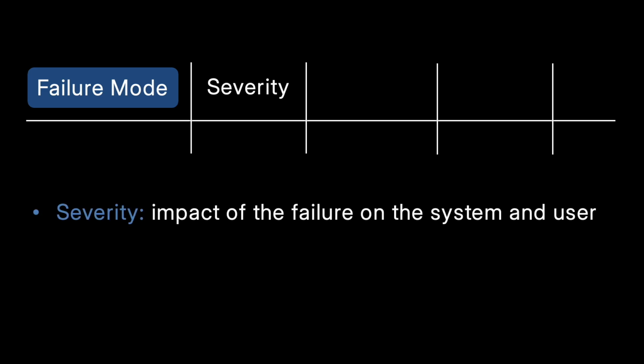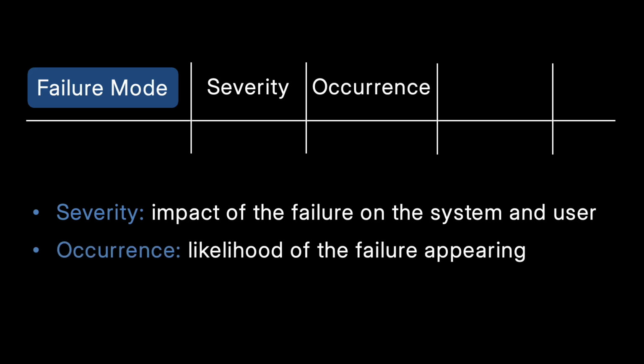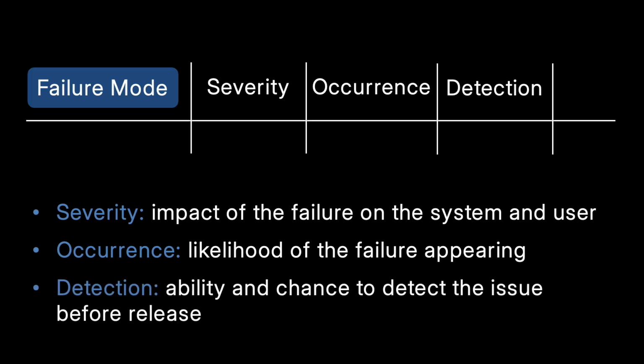As a core concept of the FMEA, the failure mode and effect gets analyzed by the following aspects. First, the severity, which is the impact of the failure on the system and the user. Then the occurrence, which is the likelihood of a failure appearing. And finally, the detection, which is the ability and chance of the current systems in place to detect the issue